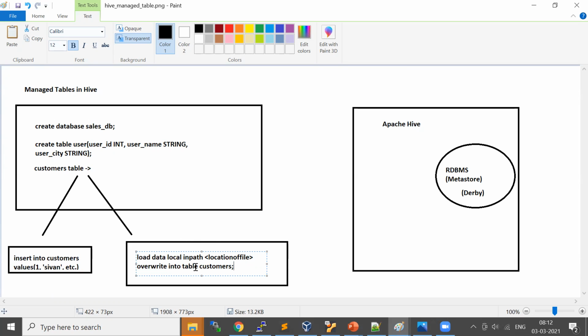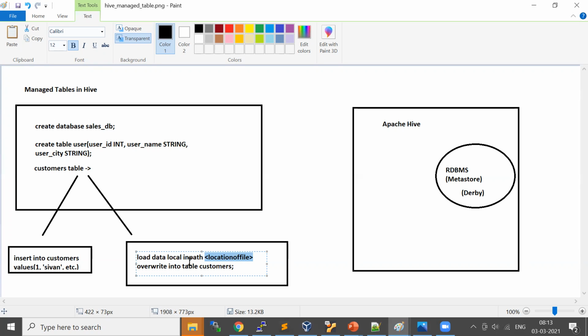So when we say this, what it means is that when you say local inpath, the path of your file which you are going to load into this table has to be a Linux path. If you remove the keyword local, then your path will be an HDFS path. So there are two ways to load your data into the customer table.